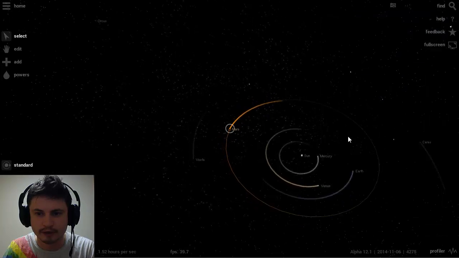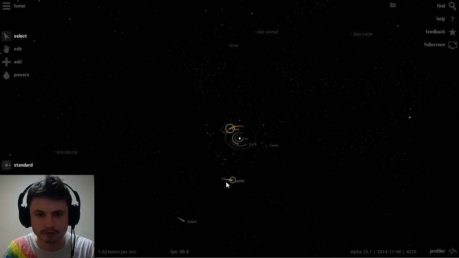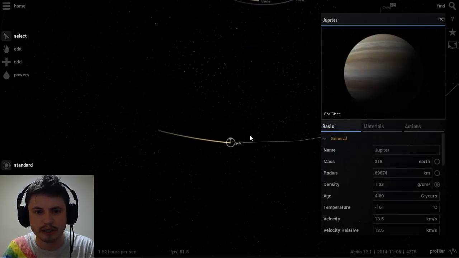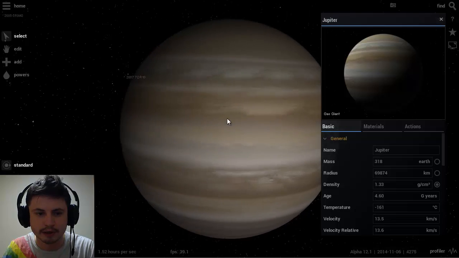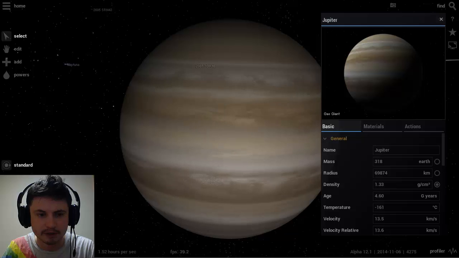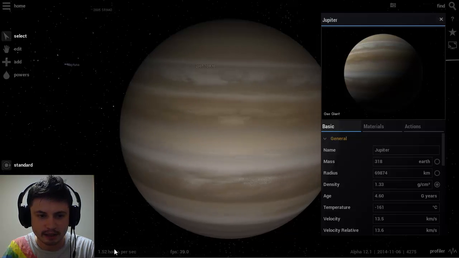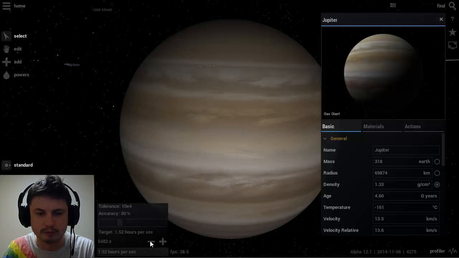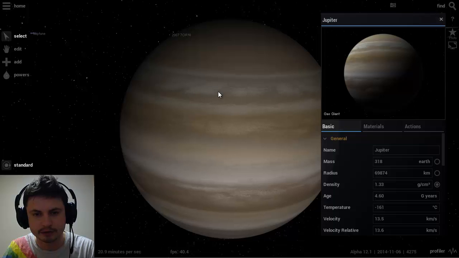So the first one we're going to take a look at is right here. And it's of course Jupiter. So let's zoom in on Jupiter. Now this is probably going to be a little bit more challenging, but basically what we want to do here is get rid of all of this atmosphere, reach the core, reach the terrestrial planet that it has underneath all this gas, and then turn all of this gas and all of this